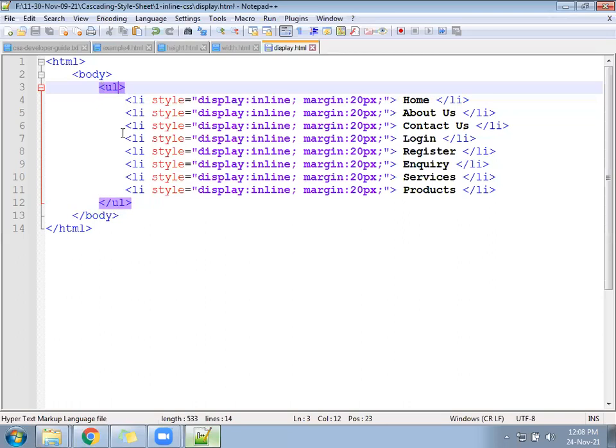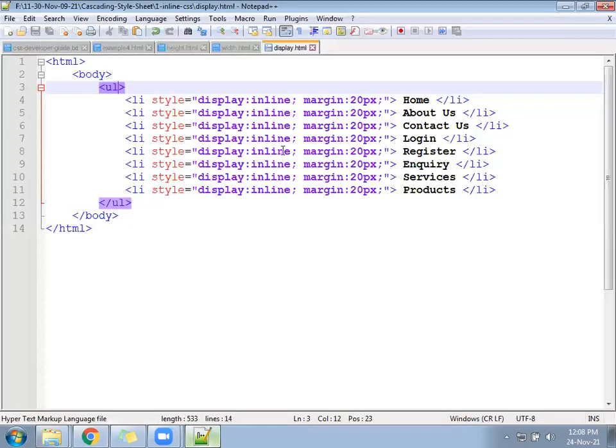Yeah, all the options are coming in one line, one after the other. Everywhere is a plain line. Now suppose for register, we want to hide it.